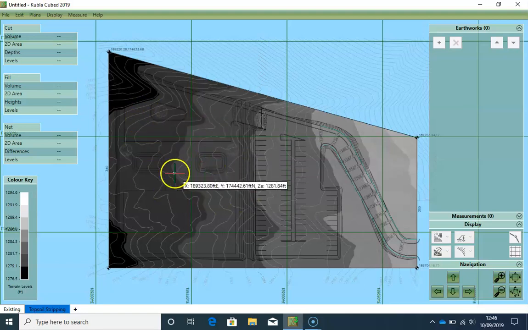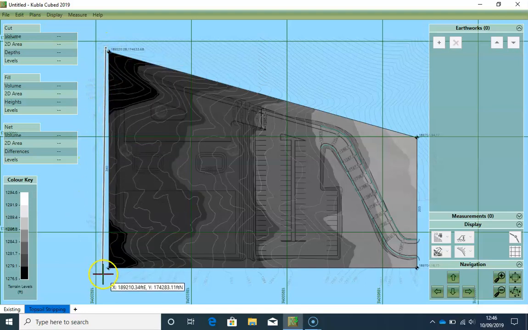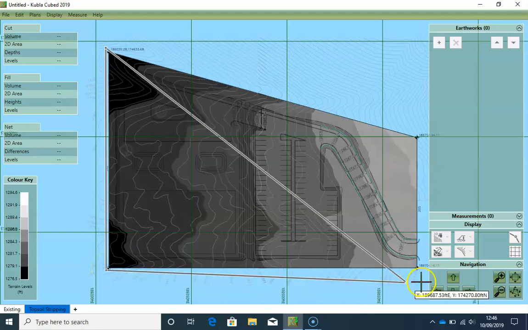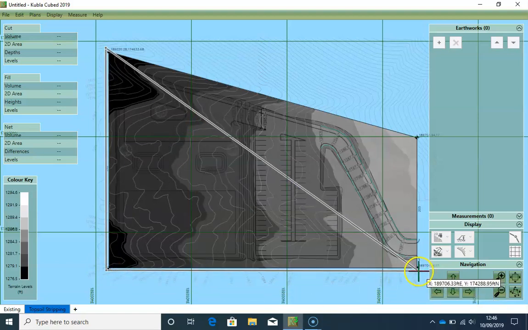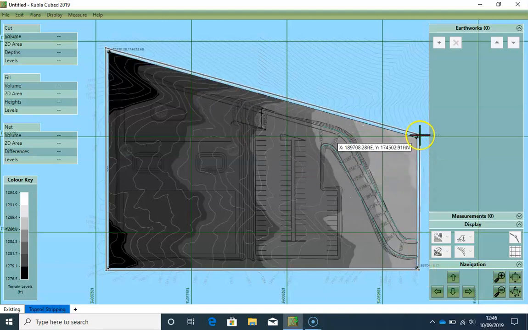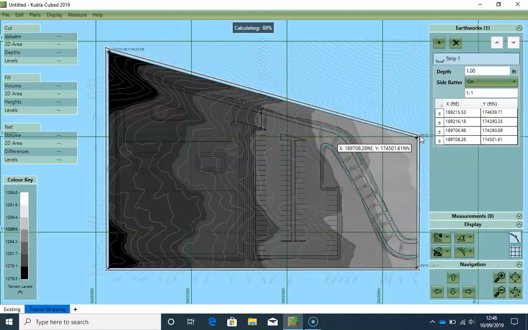If I'm stripping the whole of the existing ground, I usually draw a big box around everything, since the software will only calculate where it has existing ground levels. Some people draw carefully around the boundary with their strip. However, this creates extra work and it also creates small artifacts where the two boundary lines don't quite match. For this reason, drawing a big box like this is not only quicker, but also makes a cleaner surface for the next phase. So I right-click to finish,